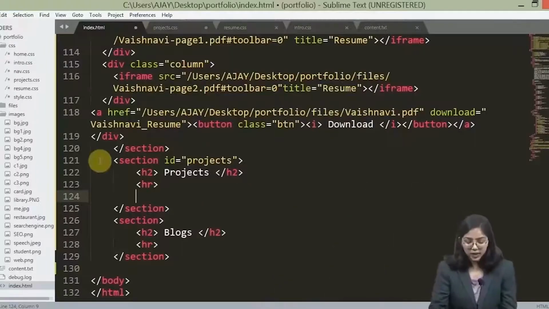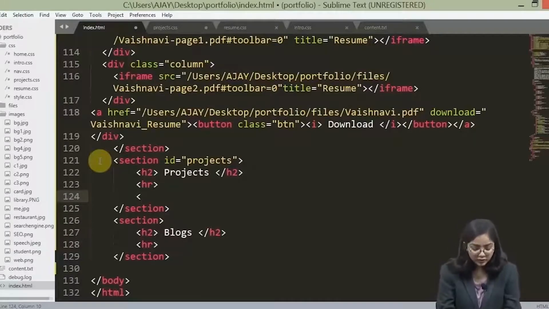So this is my projects page. Now what I'm going to do is create rows and columns, but I don't want them to be in a very systematic way. Come on, it's a collage, right? So it has to be in a perfect, systematic, messy way. So we'll see how to get that.